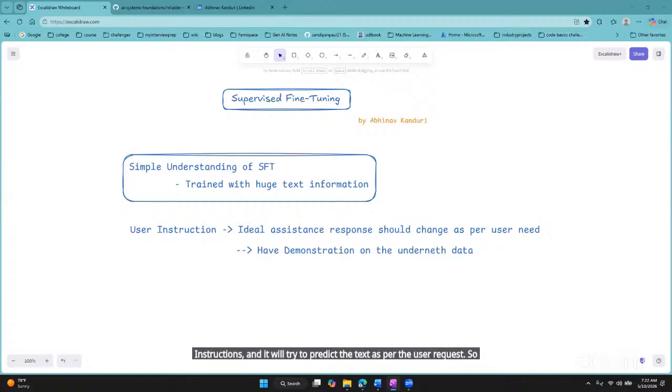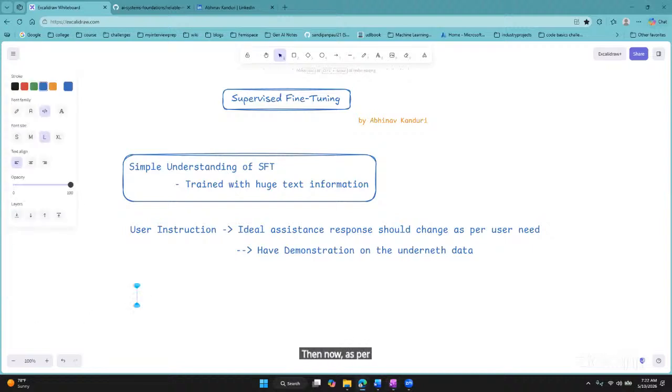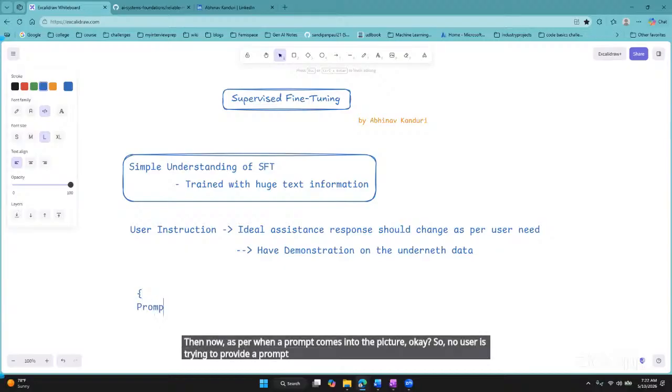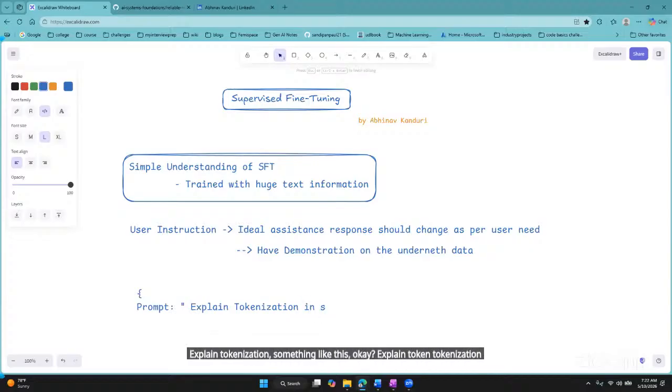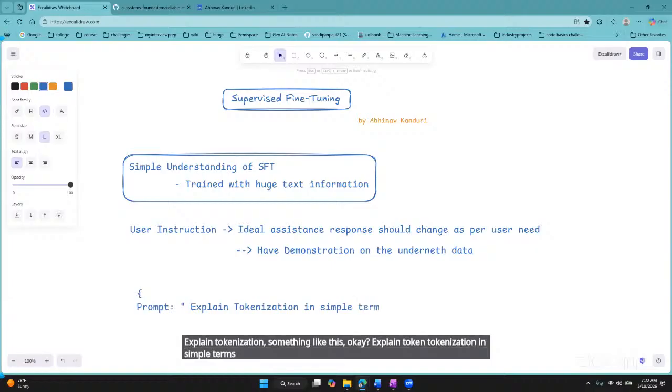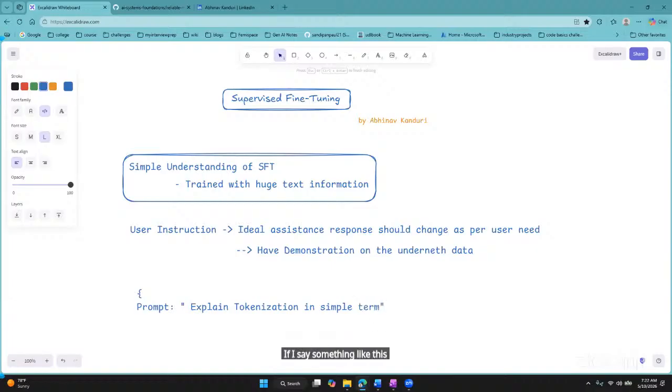So that is the underlying concept. Now, when a prompt comes into the picture, the user is trying to provide a prompt. The prompt is something like: explain tokenization in simple terms. If I give something like this as an instruction,